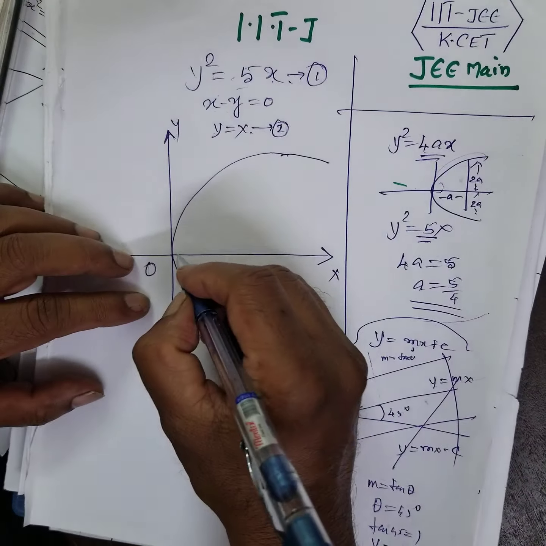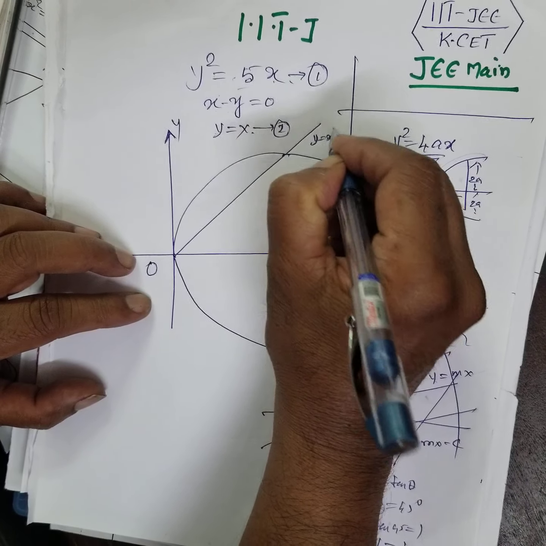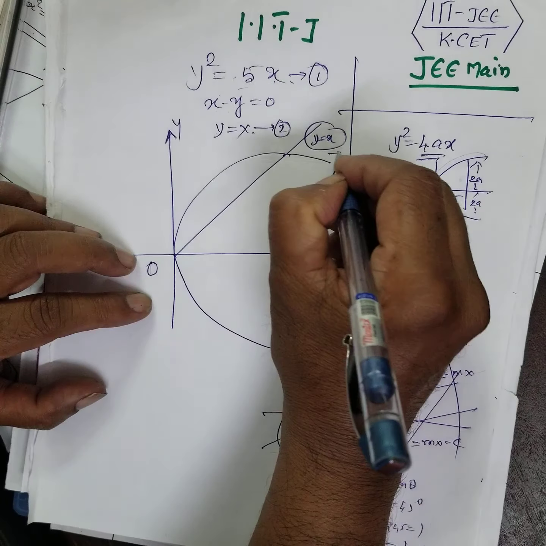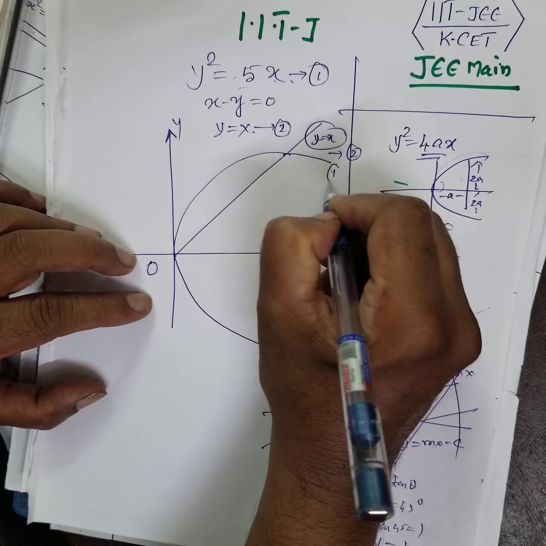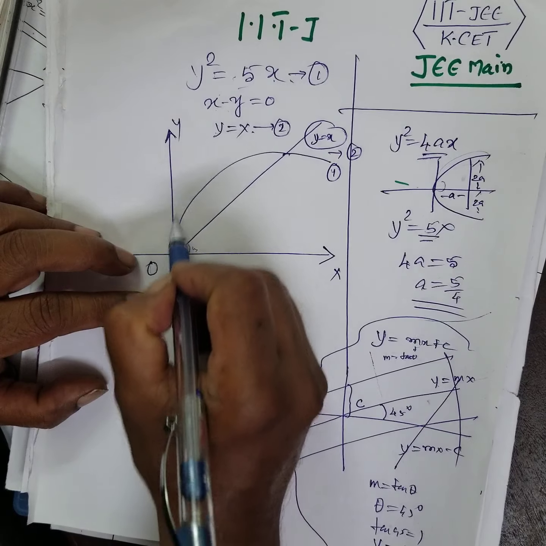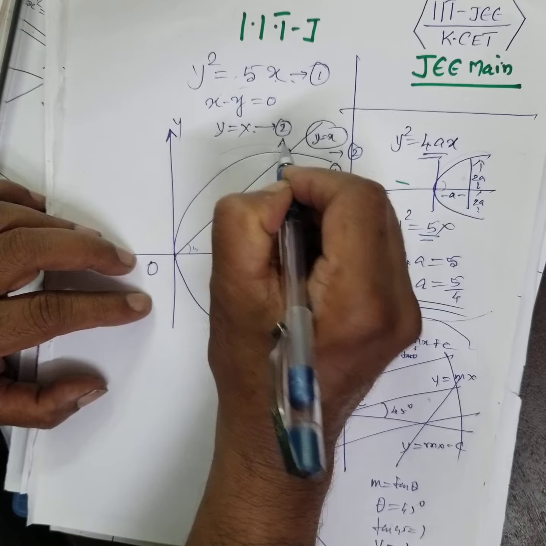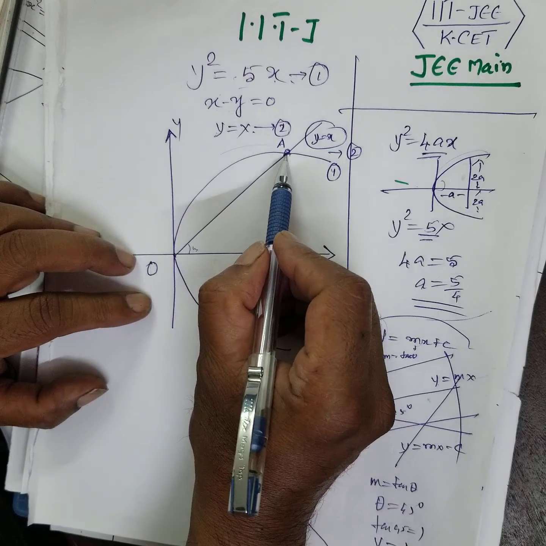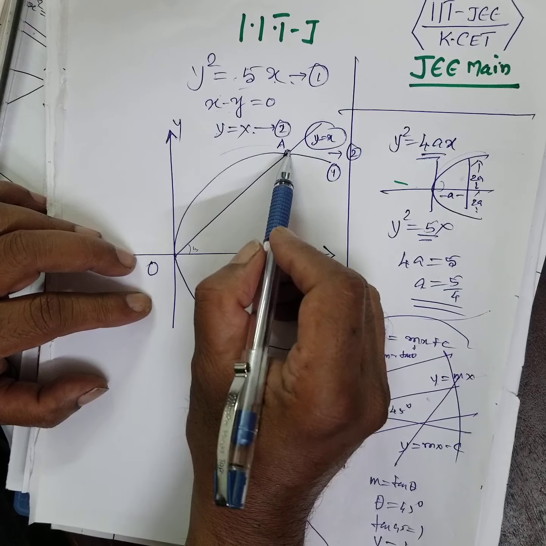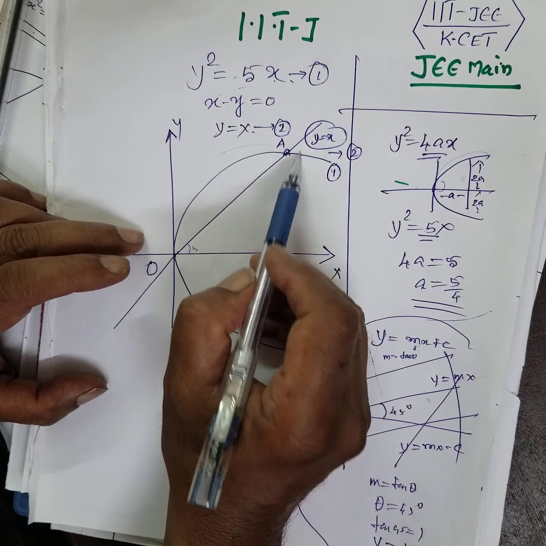That y is equal to, look, y is equal to x. This is the background. This is the equation 2. This is the equation 1. And the angle is 45 degrees. This is the curve and this is the line. Both intersect at a point A. Now I want to find the point of intersection. In order to find the point of intersection, what do you have to do? You have to solve these two equations, is it not?